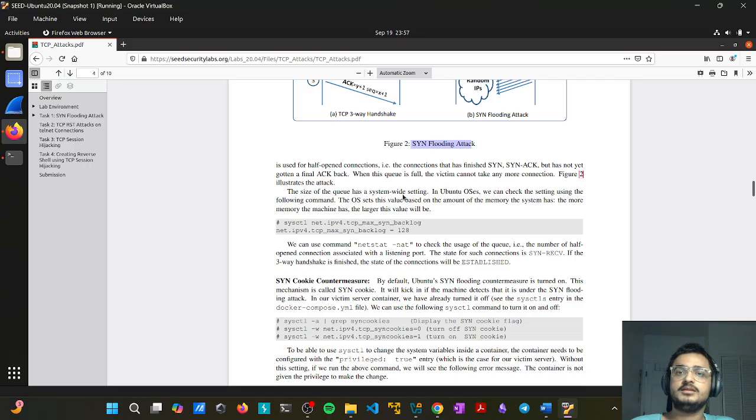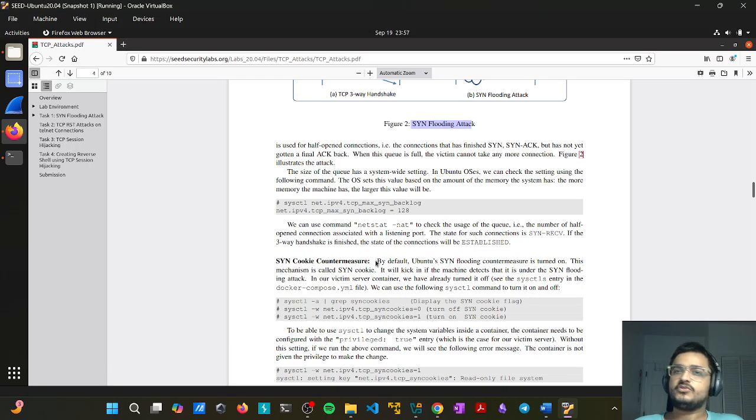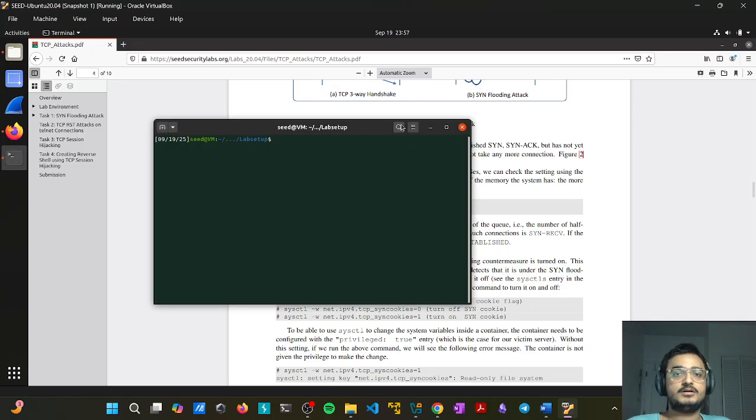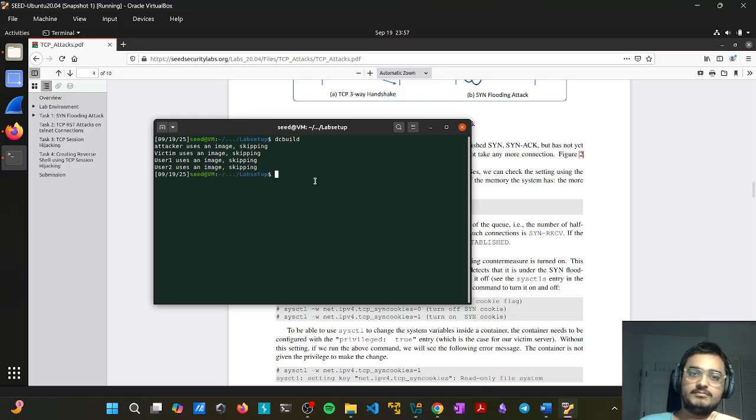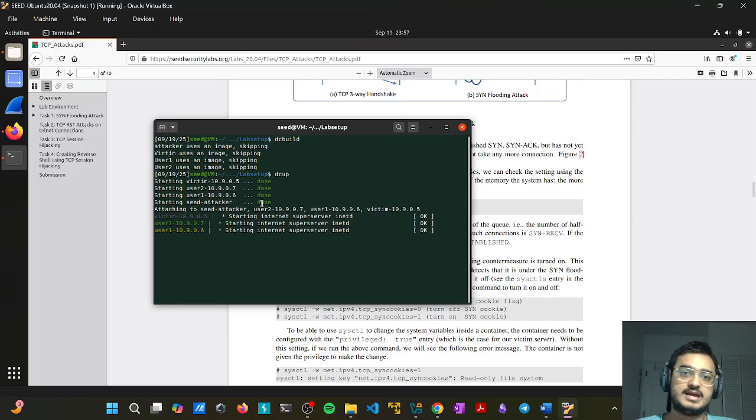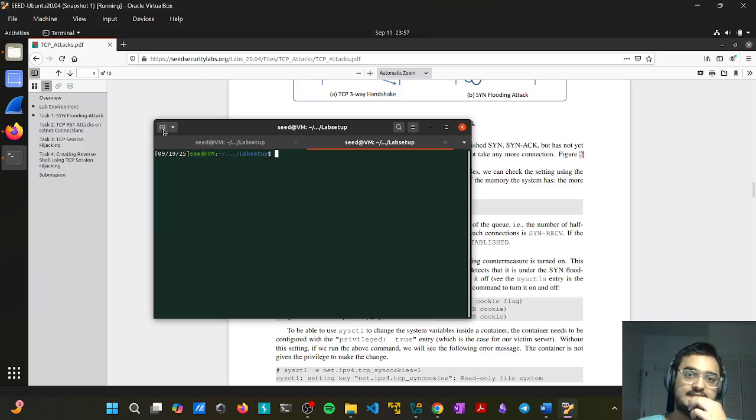It's a very good walkthrough with commands. Though I remember quite a lot of them, I'll keep that as a reference in case I miss something. So initially, I'll do dcbuild, though everything is already built in my system, so it's skipping everything. Now go to dcup, which is Docker Compose up. We'll see that it's happening. They are all up. And then we'll go to